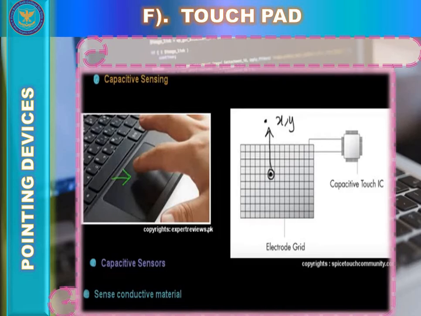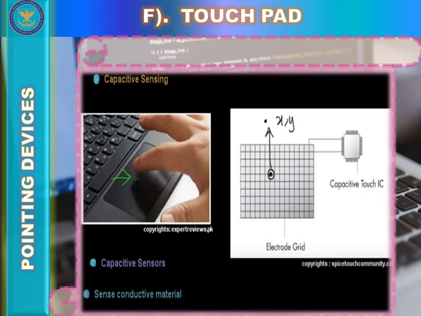Our body has conductive properties, hence it works. This is not the case when you use a pencil. When you touch a capacitive sensing based touchpad with your finger, of course it works, because our body has conductive properties. But when you touch the touchpad with a pencil, it would not work like your finger, because the pencil is made of wood, and wood doesn't have any conductive properties. The capacitive touchpad has two parts: ground and sensor.